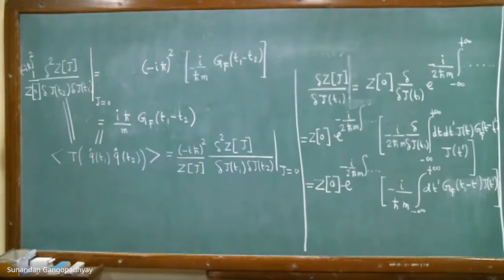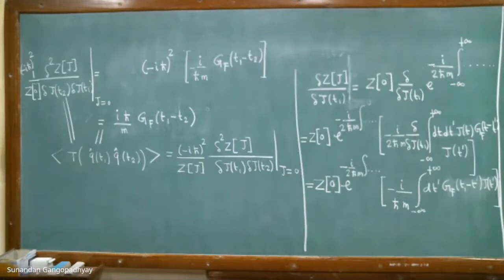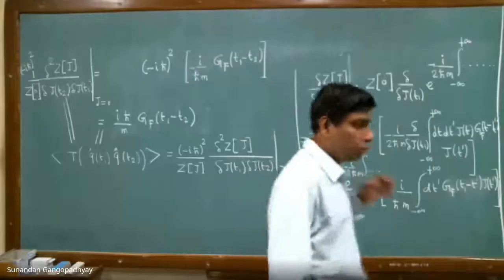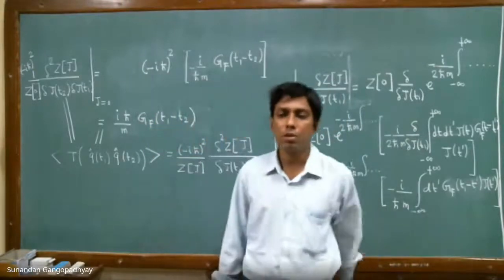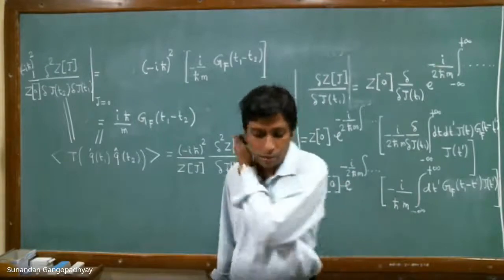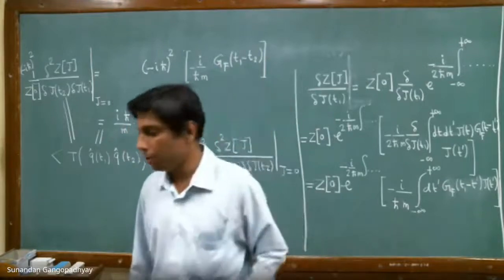So the 2-point time ordered vacuum correlation function is the Feynman-Green's function. This point is basically a general feature for all quantum theories. That is, the 2-point connected vacuum Green's function is nothing other than the Feynman propagator of the theory. There is a word that I have used, connected. It may not be clear to you right now, but as we move on, as you take further courses also, it will be clear later on. So I hope you have understood the problem that I have given you. So please try to do the problem.